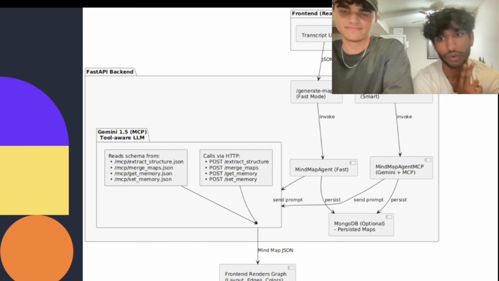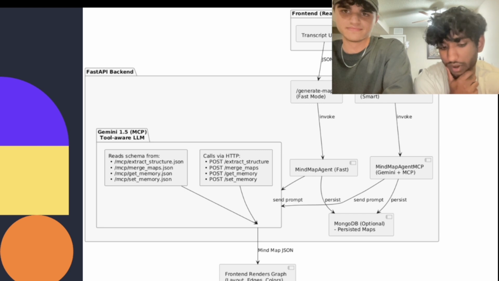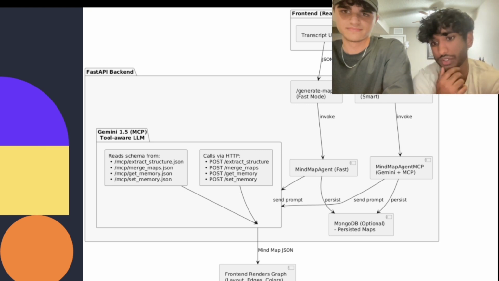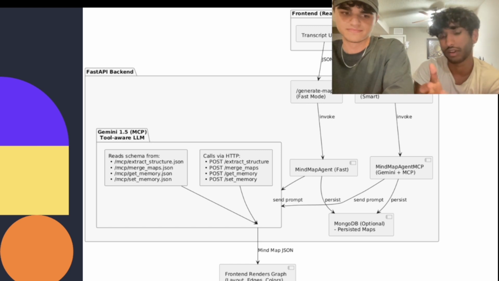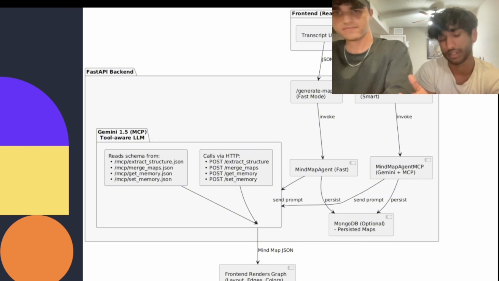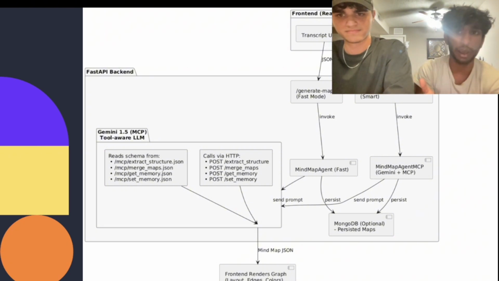We have the simple LLM, which is a simple LLM call to Gemini, but then we have a more complex agentic layer which utilizes, of course, LangChain and then model context protocols, allowing these LLMs to have various different tools to increase the quality of the mind map and the output as a whole at the very end. And of course, the output is also on the front end, and it just renders a mind map.